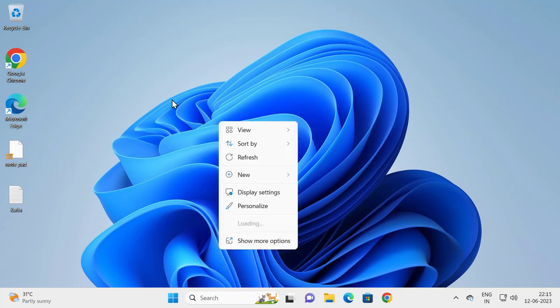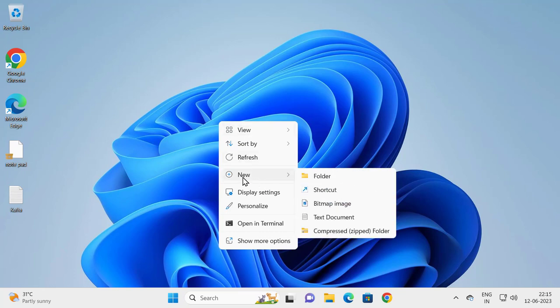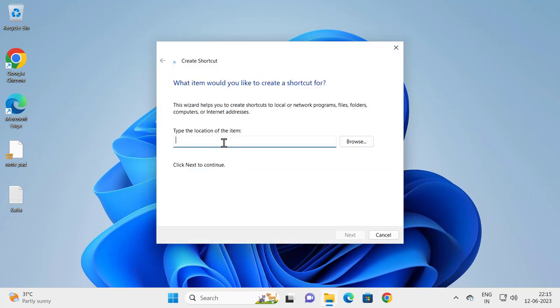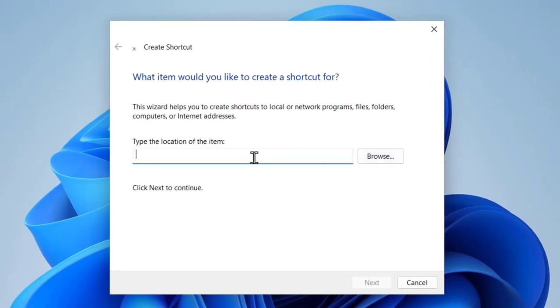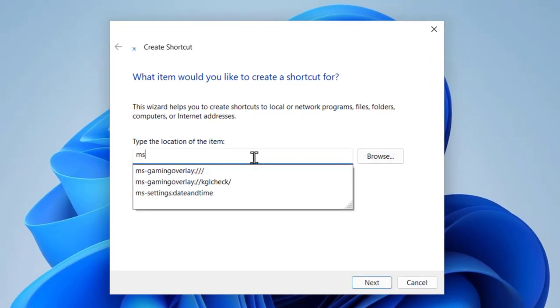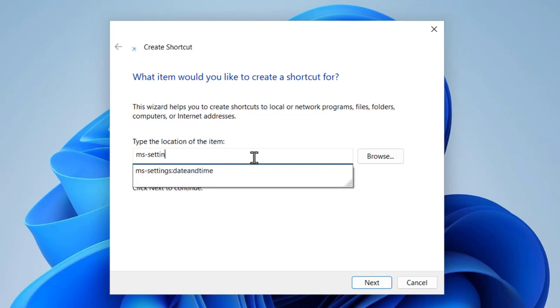Right click on the blank area in the desktop. Select new and select shortcut, and you just want to type the location of the item. You can browse it or anything like that. I'm going to type ms-settings: double dot icon,